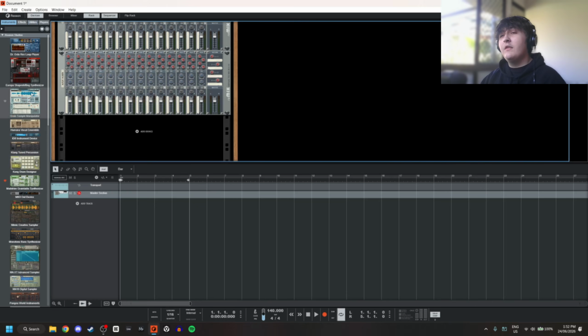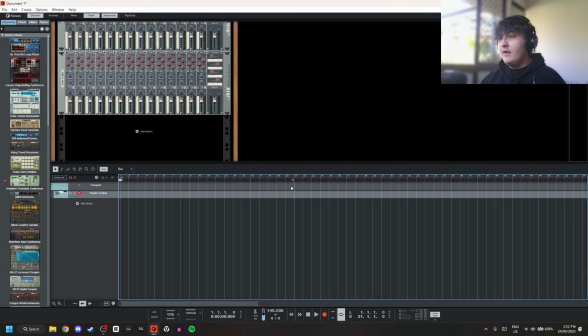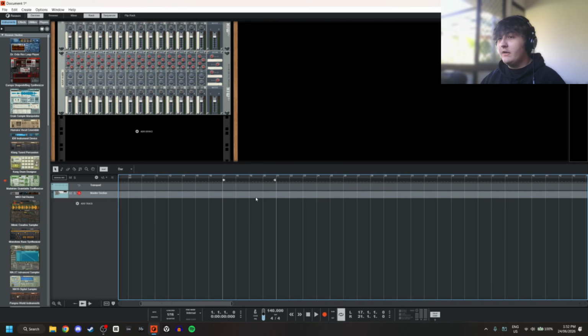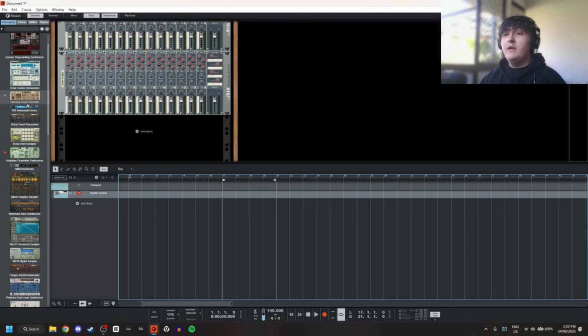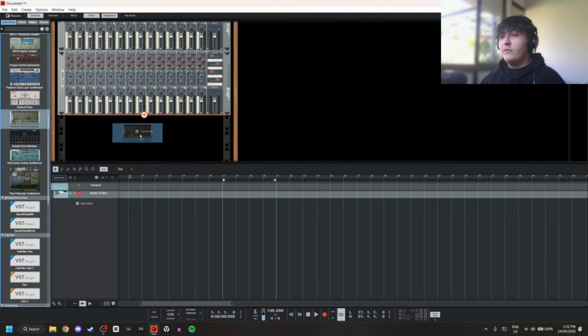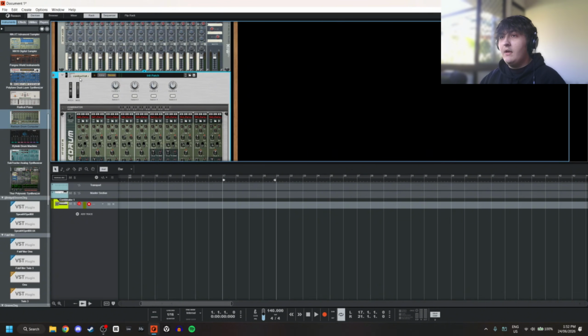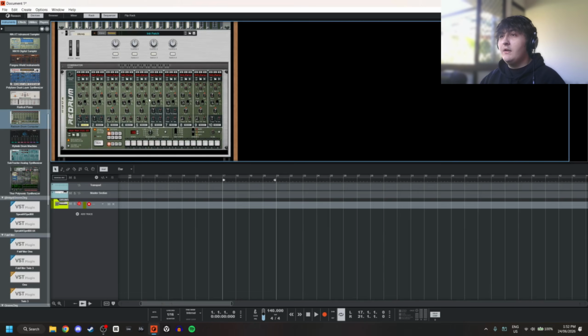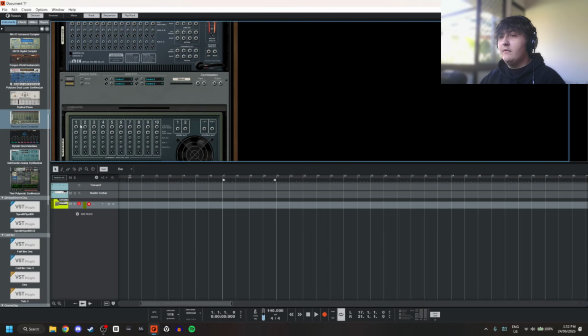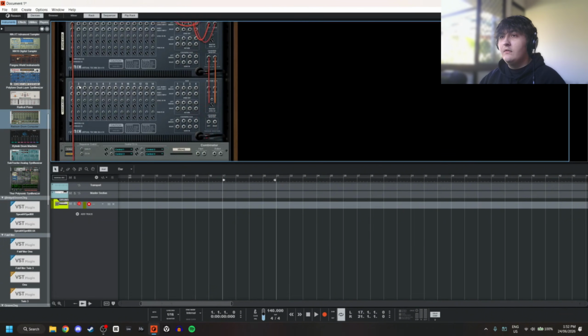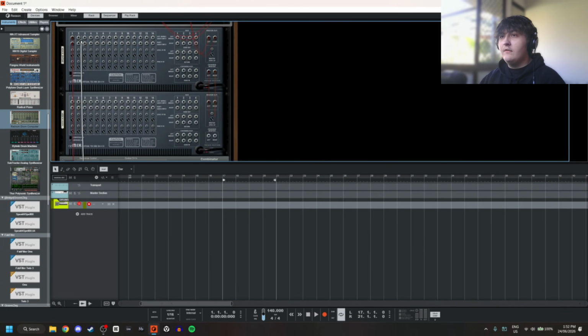So next what I think we'll do is create a bit of a loop at bar 17 here, like I would normally do in Ableton. And I'm just going to add in a Redrum. And something I like to do here is I will right click and click combine. And this is basically just for organizational purposes. I'm not going to be saving this drum rack as a combinator, but I do recommend doing that like this so that you can separate all the different